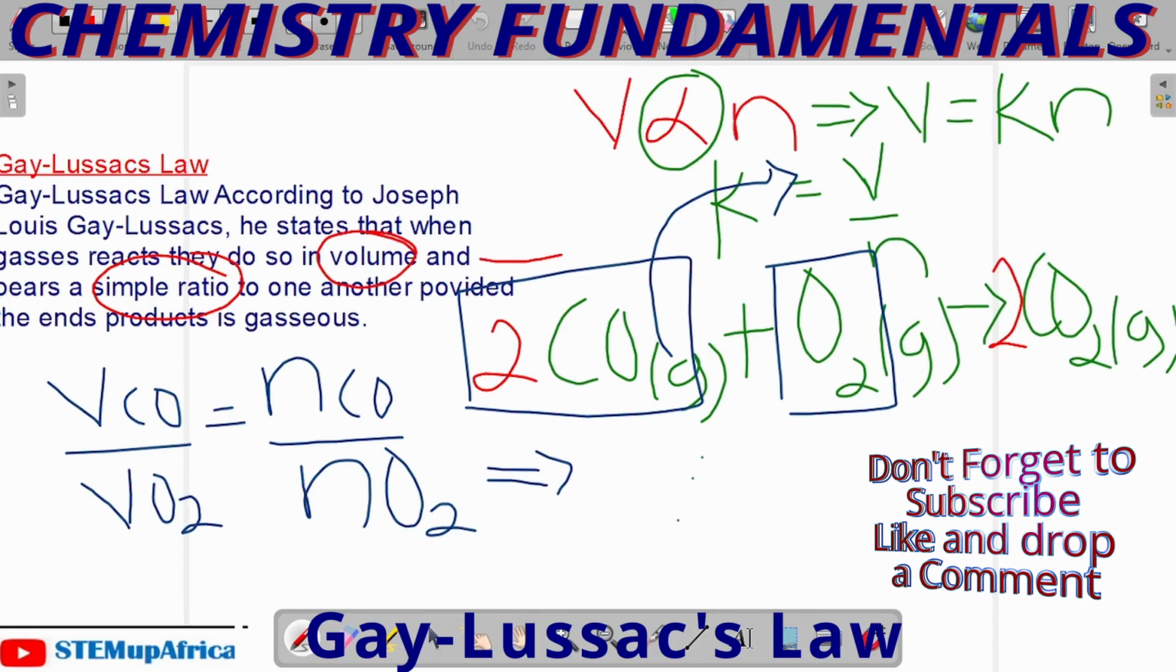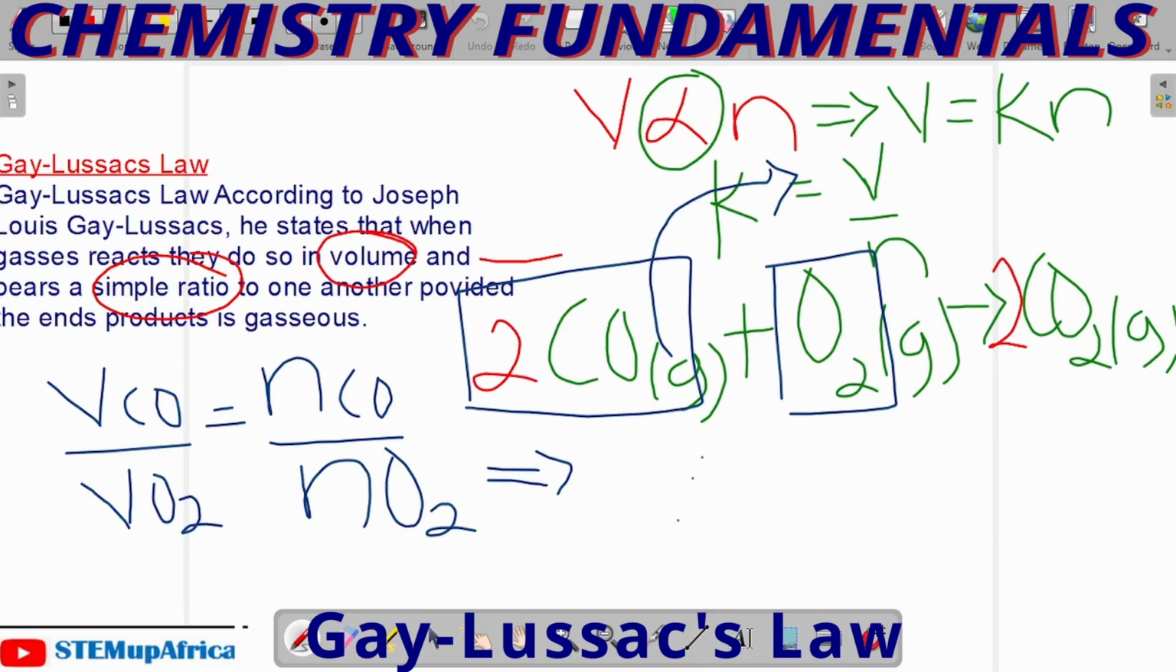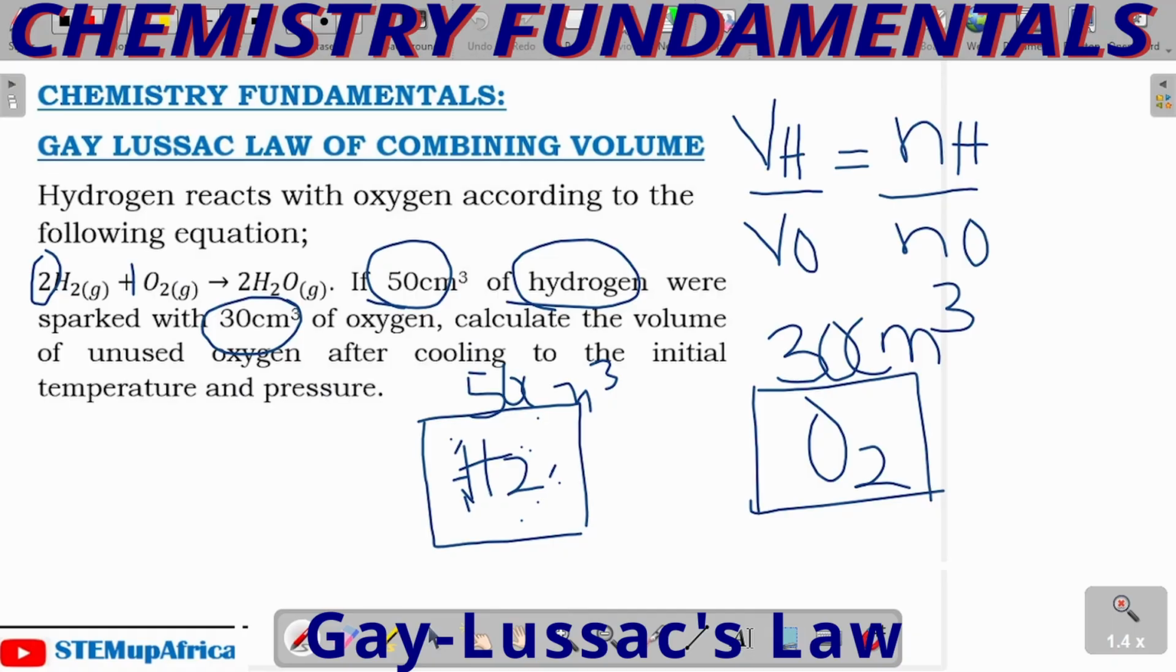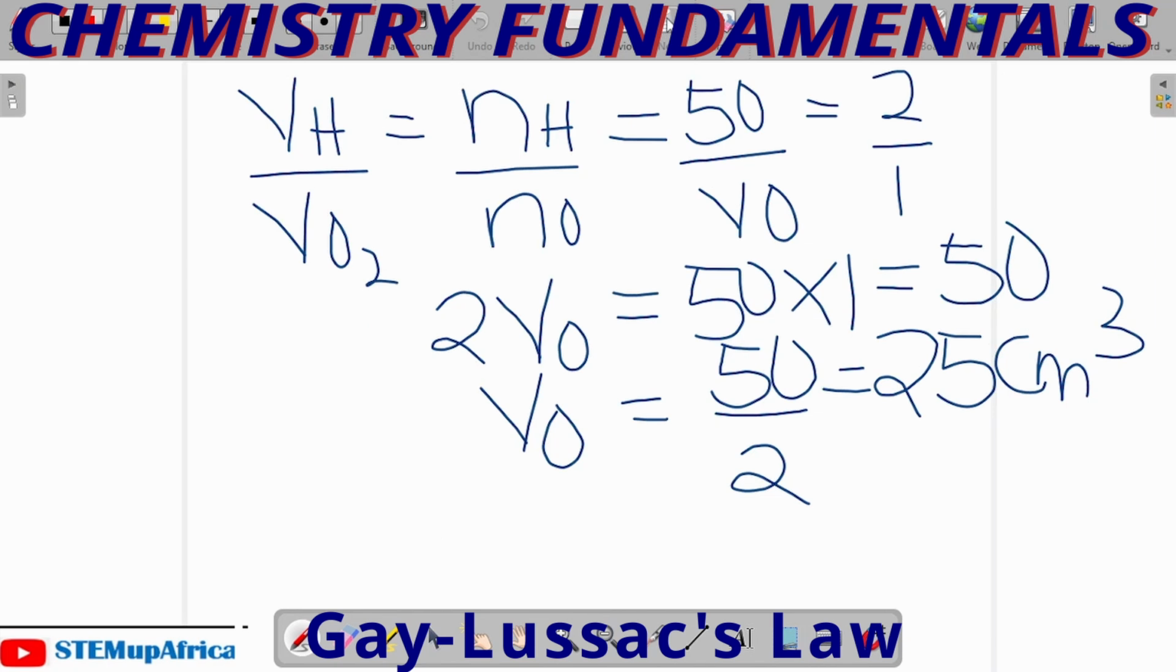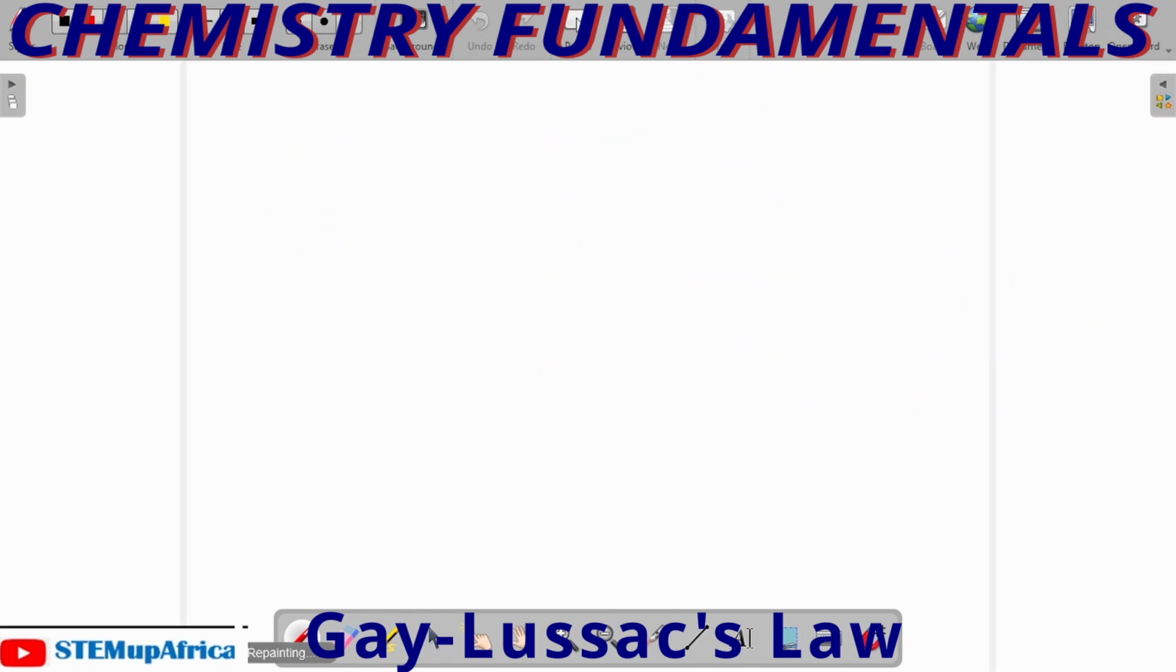So let's determine the volume of oxygen that is unused according to the question. Initially, we have 30 cm³ of oxygen. But from what we've calculated, only 25 cm³ of it reacted. The question is, how much is remaining, which is the volume of the unused oxygen. So let's get the volume of the unused oxygen. Volume of unused oxygen, VO2 unused,